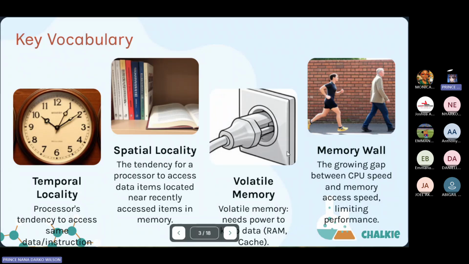The memory wall describes a gap between the central processing unit's speed and the access speed of memory, limiting performance. This means that in theory, the central processing unit should be able to outpace or perform faster than it does, even in your average computer. But